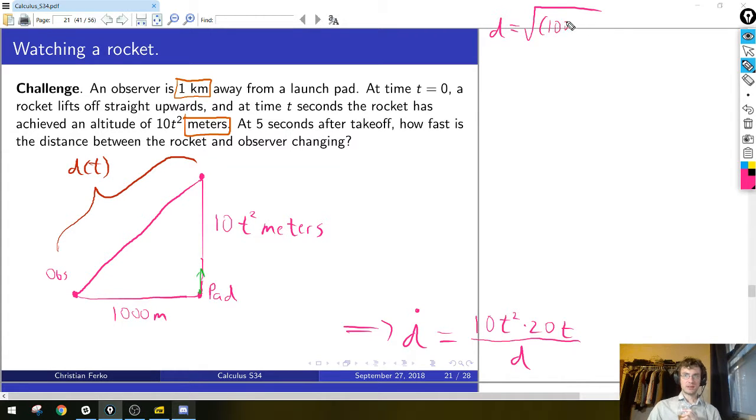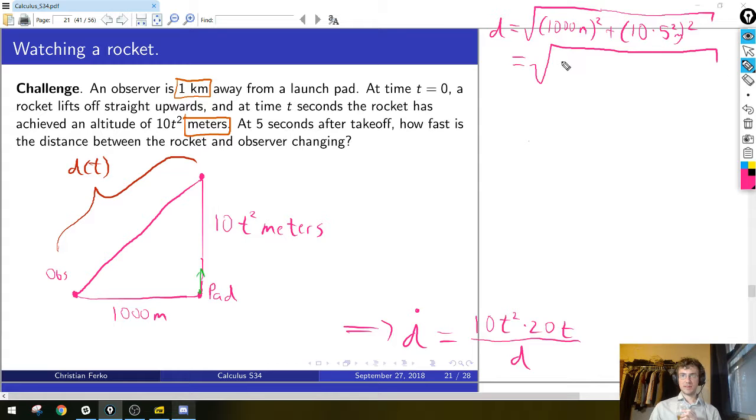Yeah, so 1,000 meters squared plus 10t squared. When t equals 5, that's 10 times 5 squared, quantity squared, right? Right. I should put meters in, but I'm getting lazy. I despise this part of the problem. This problem, by the way, is assigned with the expectation that you're solving it without a calculator. So at this step, you have to be a little clever, and you say, how do I simplify this expression